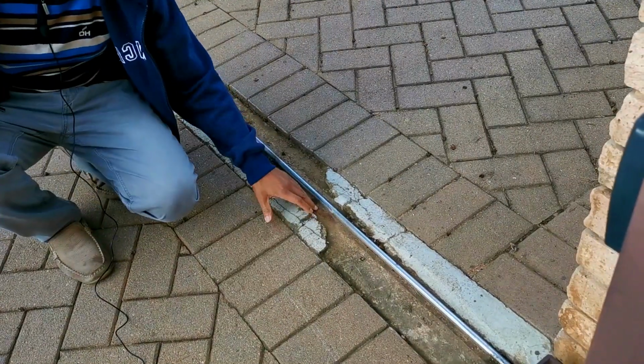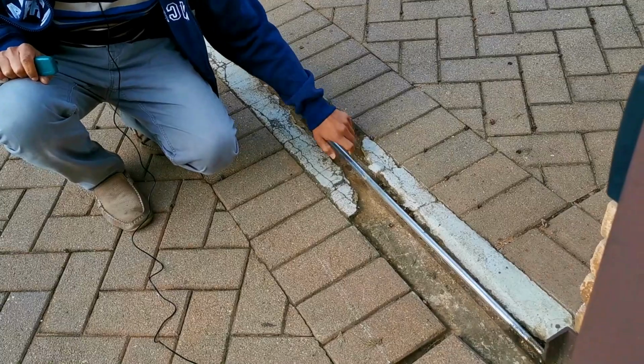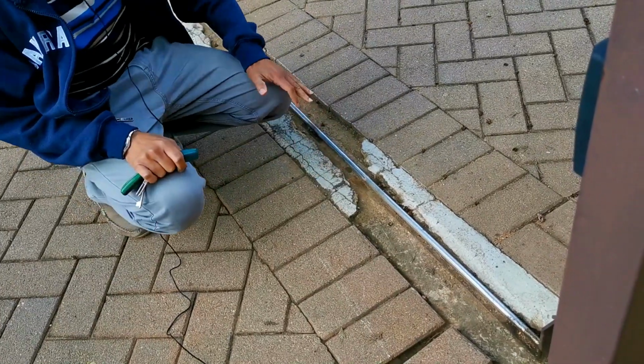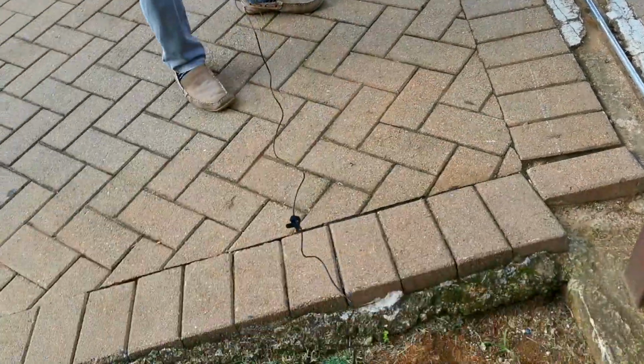I was wrong. After we cleaned it up, we noticed that it was actually welded onto this flat bar here. So all we had to do was use an angle grinder and grind it where the old one was welded, and then weld this new stainless steel